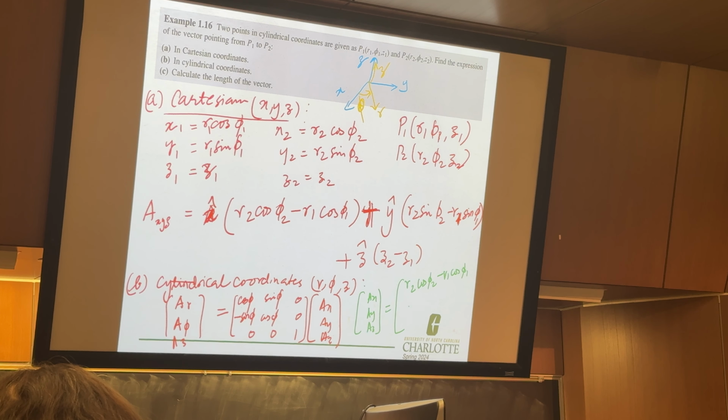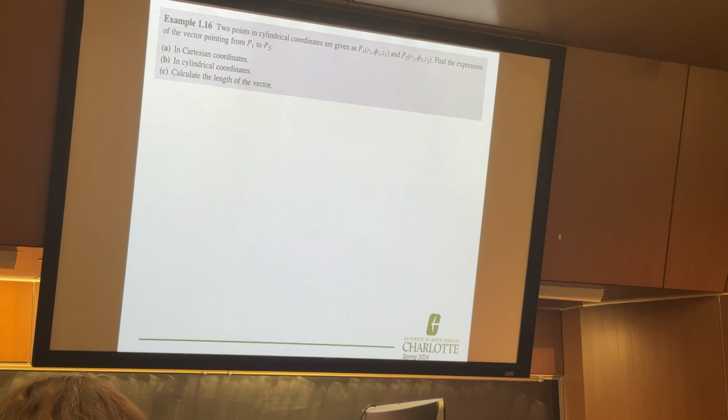So now we need to multiply this matrix by that vector. How is that going to look? We have A_r, A_phi, A_z, equals,